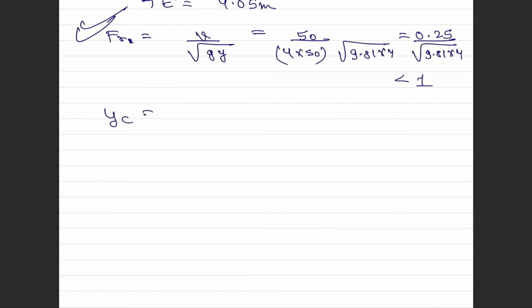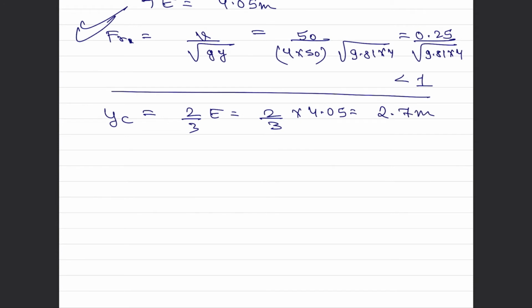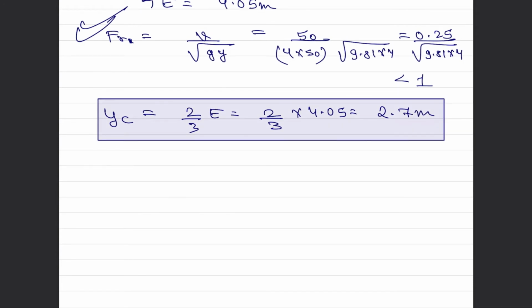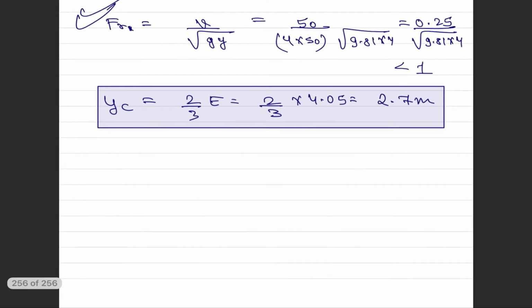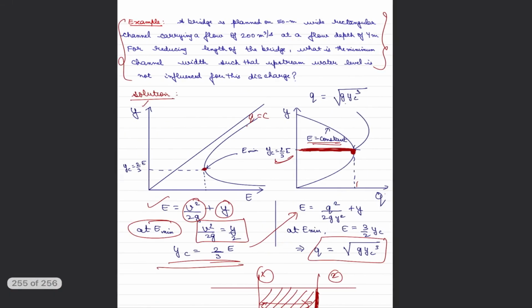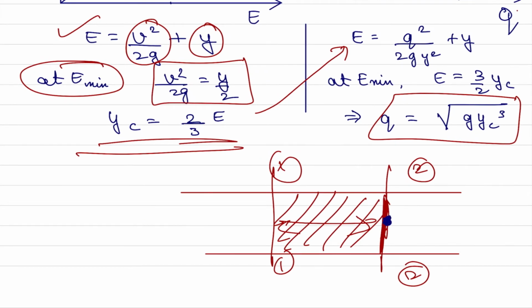Now we have just discussed that at critical flow, the depth of flow is going to be 2 by 3E, which in this case would be 2 by 3 of 4.05, and detailed derivations can be accessed in previous videos. So this comes out to be 2.7 meter. This is going to be an important finding for us, which we will use later. Now, this should be the depth of flow at the site where we are building the bridge. Now we know capital Q because continuity is applicable, no change in storage should take place. We now know the depth of flow, which comes out to be